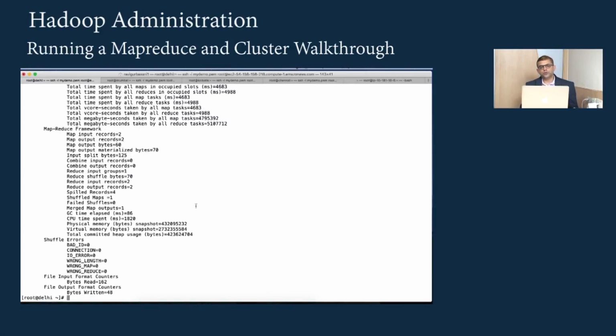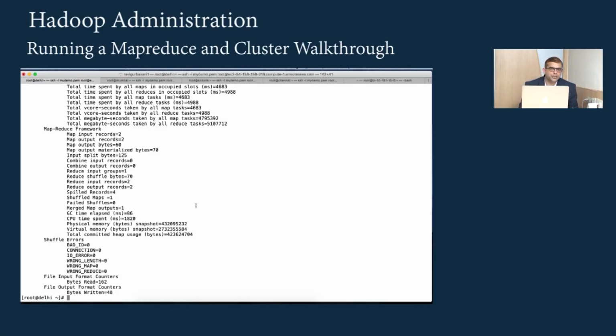So what we've seen so far is that once we buy machines on Amazon, we install Hadoop. We now see how to define name node directories, how to define data node directories, how data is getting written on HDFS, how you run a MapReduce program, how to test the logs, and how to also check the performance of the job using the job history server. In this case, name node is running on Delhi, secondary name node is running on Mumbai, Kolkata is running the resource manager, and job history server is running on Chennai. And data node and node manager is running on all the 4 servers.